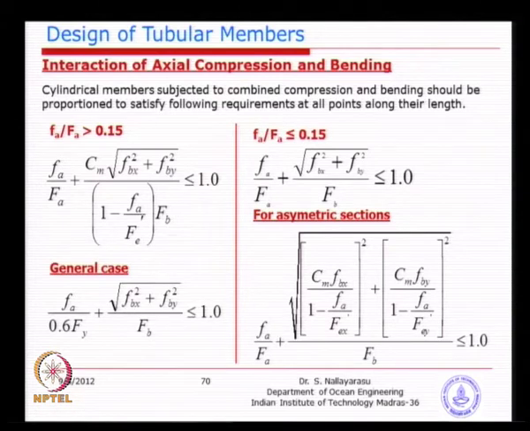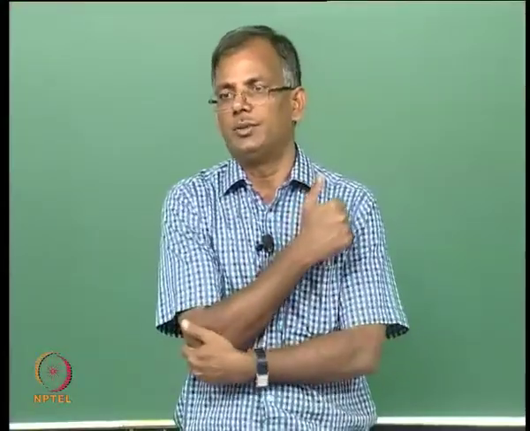Whereas, if you look at the first two formulas on the left side and right side, the first is a predominantly axial case. For example, you take a column, more axial load but small bending, whereas in this second case the axial load is very small, predominantly bending. So, we have two situations, either axial load is taking too much of the stress or bending load is taking too much of the stress.